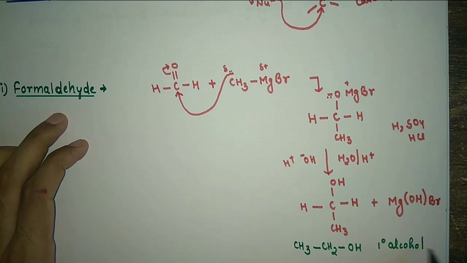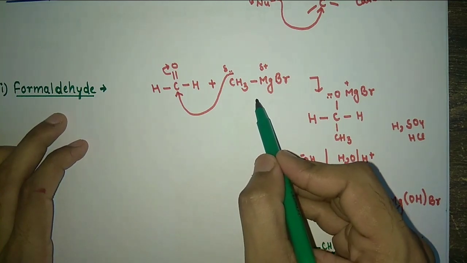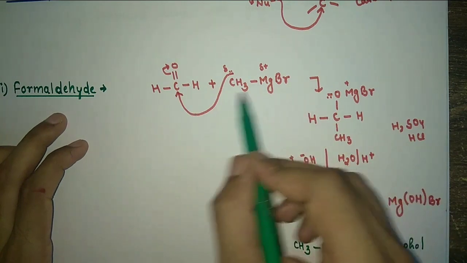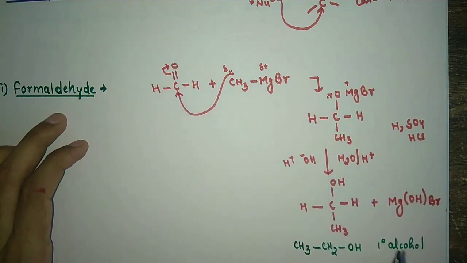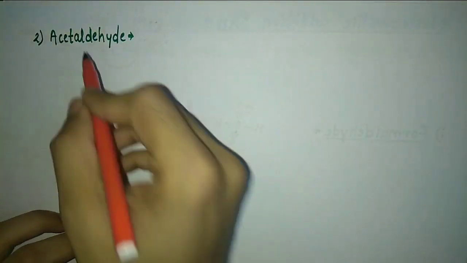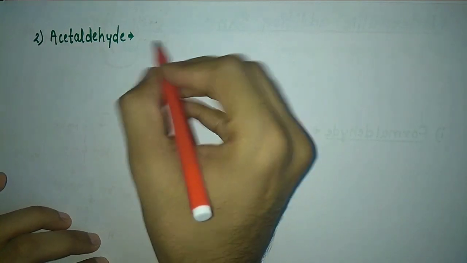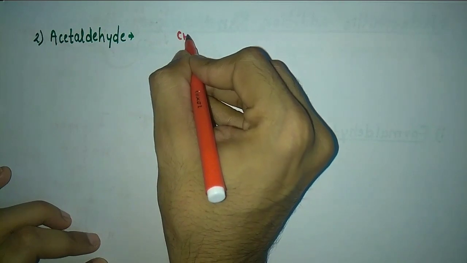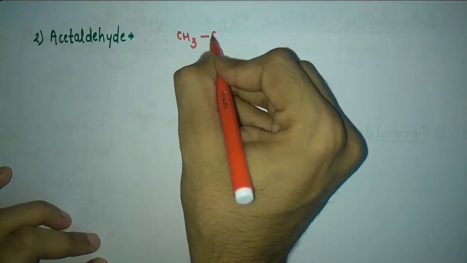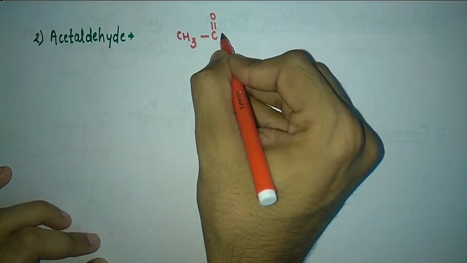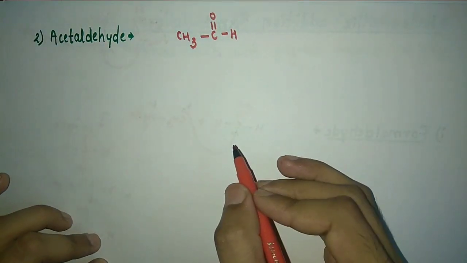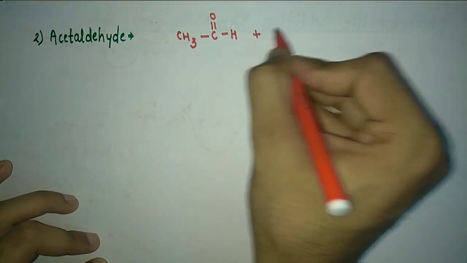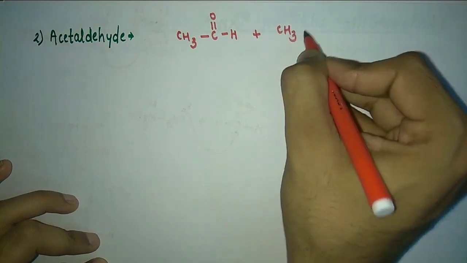So if the question comes that how can you form the primary alcohol with the help of Grignard reagent, simply we have to react formaldehyde with the Grignard reagent. Now the second reaction is with acetaldehyde. So let's see what happens when acetaldehyde reacts with Grignard reagent. Acetaldehyde is CH3 C double bond O H. CH3CHO is acetaldehyde. What happens when it reacts with CH3